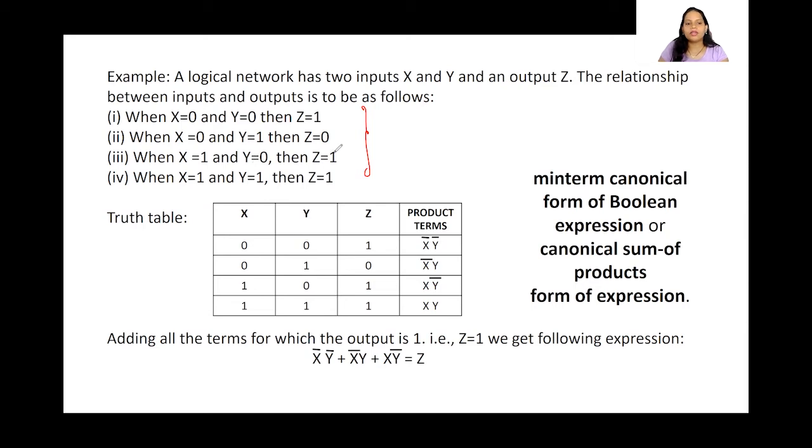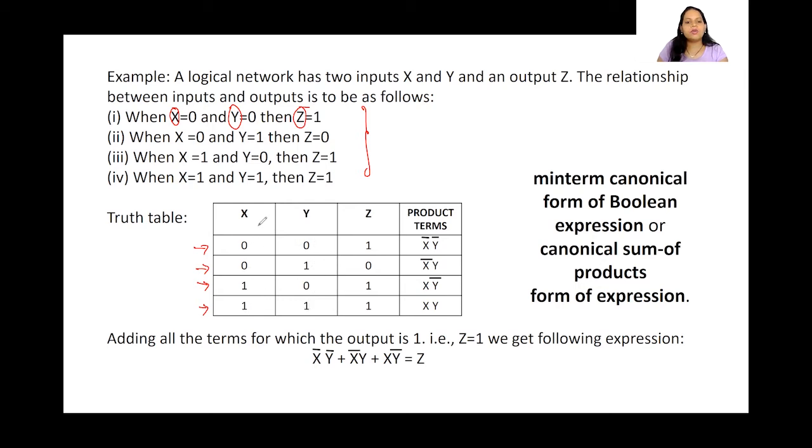How are we going to do that? This is a truth table method, which we are going to see first. Whenever we are given an example or a question like this, the first thing we do in the truth table method is draw the truth table. We have inputs x and y, and z is going to be our output. We already have learned how to draw a truth table, isn't it? When we have x and y, that is two inputs, how many rows are we going to have? We are going to have 4 rows. So the combinations we are going to write are 0 0, 0 1, 1 0, 1 1.